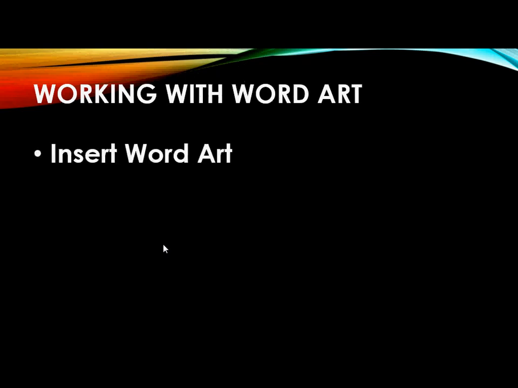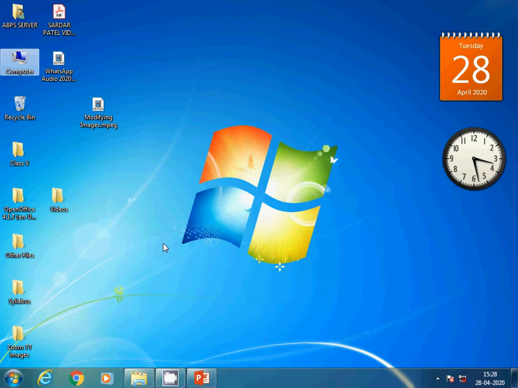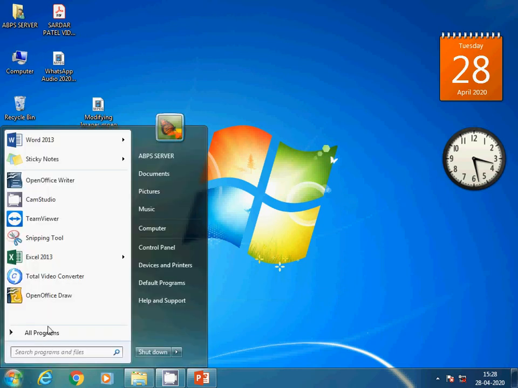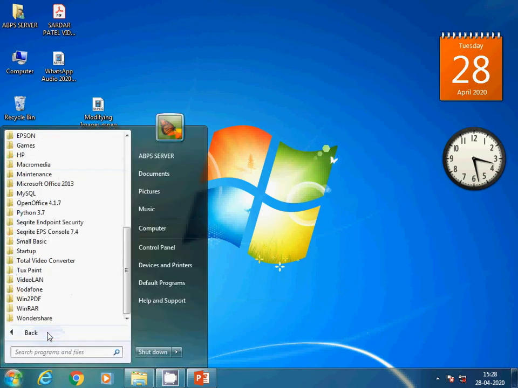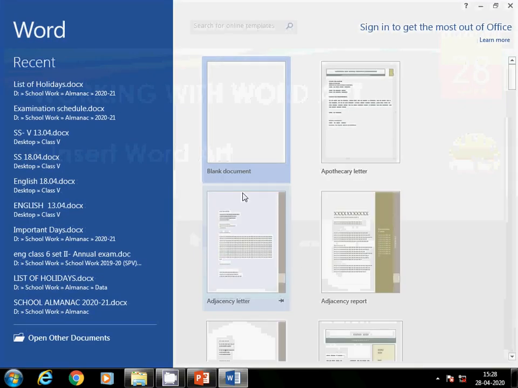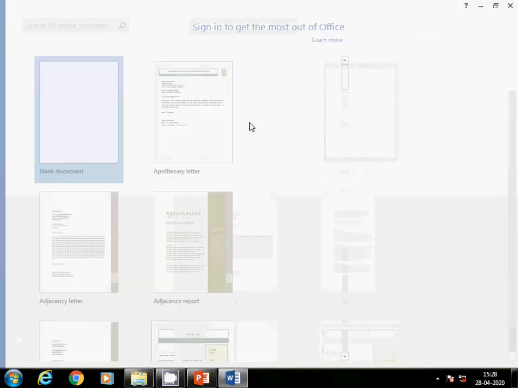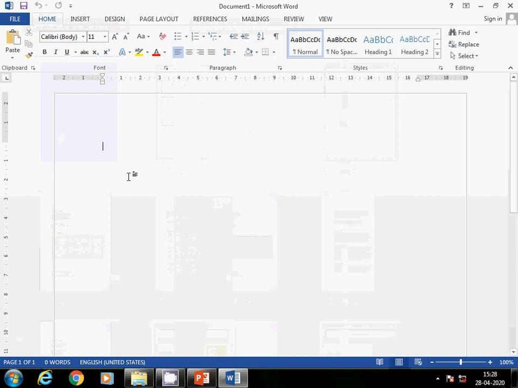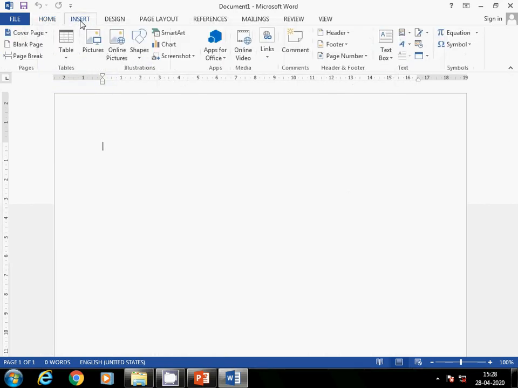Simply open MS Word, click on Start, All Programs, then go to Microsoft Office 2013 and select Word 2013. Now here select New Blank Document. Now go to Insert. WordArt option you will get here in text group. This is text group.